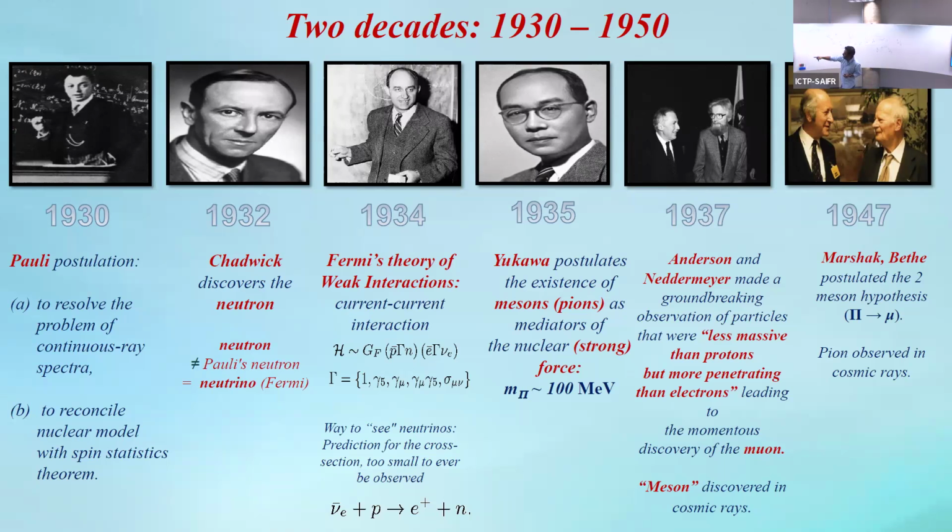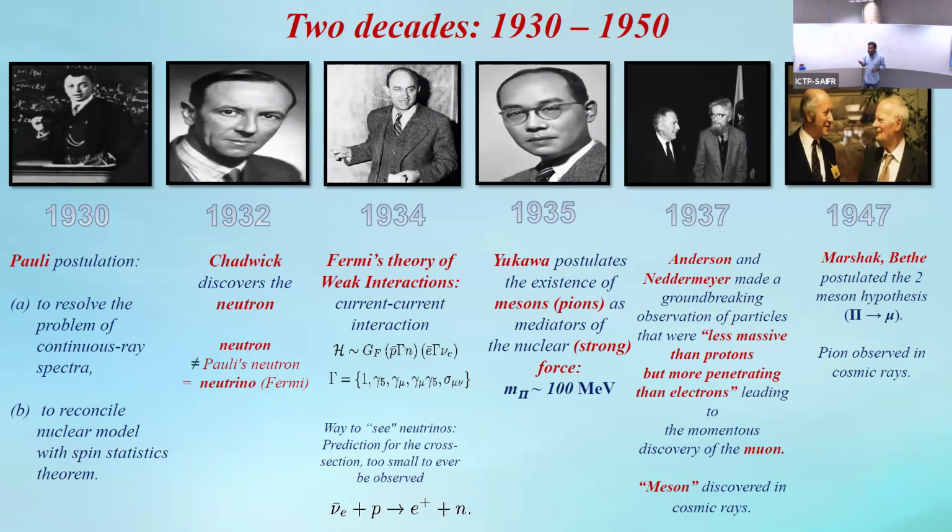That's how I'm writing the current interaction. But Yukawa proposed the existence of some force carrier for the strong interaction, which holds neutron and proton together. And this force mediator, you can calculate the corresponding mass from the range of the strong force, and he postulated the pion mass, which needs to be around 100